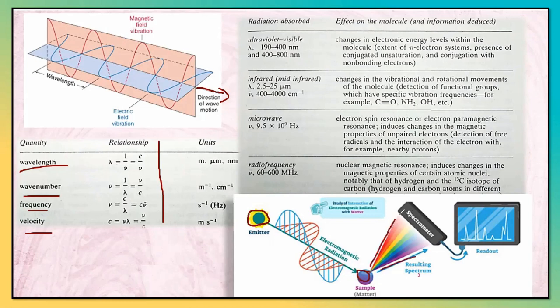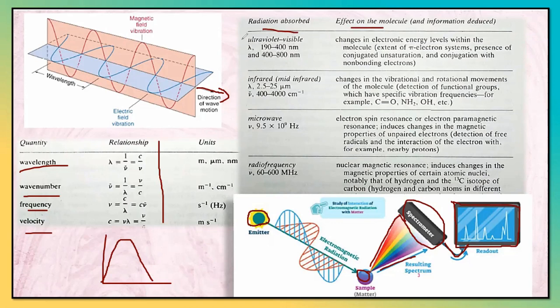Okay, now this spectra will be detected by the spectrometer, which will be connected to an output unit. It may be a computer or any device, a dot matrix printer also can be, and there we'll get our desired spectra, right? That is an absorbance type of spectrum. Okay, now whatever the radiation is, what effect happens on the molecule and what type of spectra we get, we can discuss clearly from this particular data.